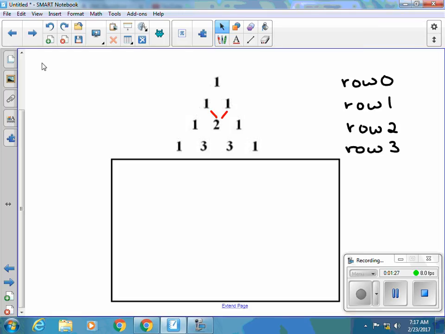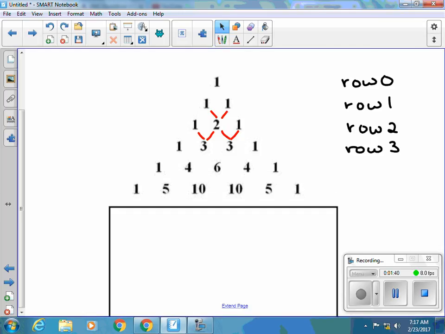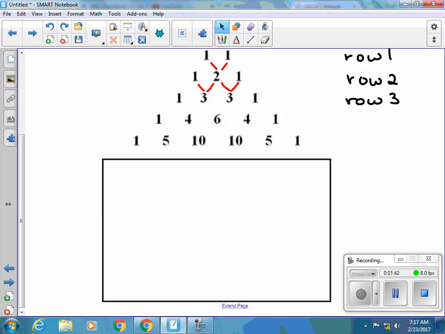again, the 1 and 1 are on the left and the right. 1 plus 2 gives us 3. And you can see that this is listed twice. So this pattern keeps going on and on. Okay, so I only went up to row 5, but you can see